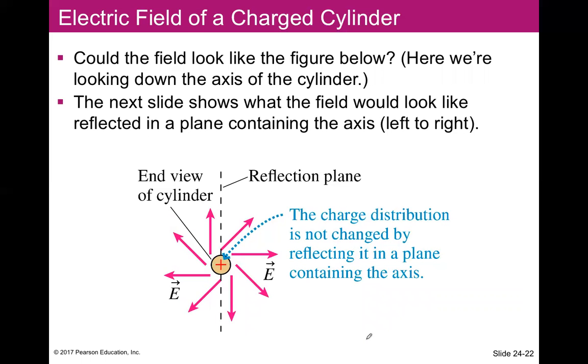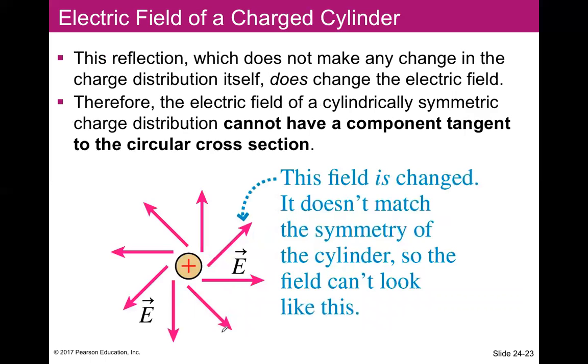This is also impossible, because if we have a reflection plane here and do the reflection based on this plane, will the field line be the same after the reflection? No, see, the direction will be changed. So this is also not a good